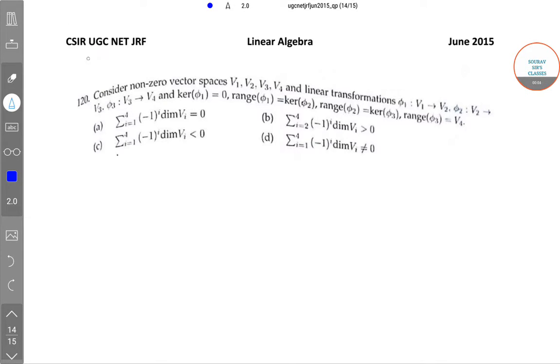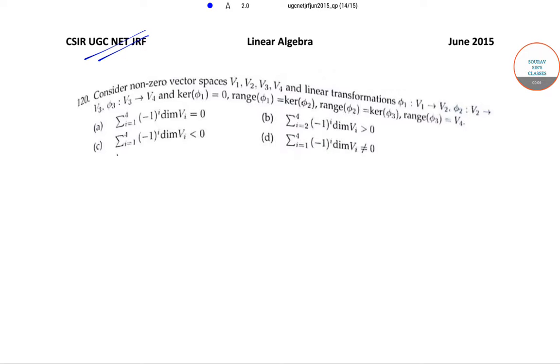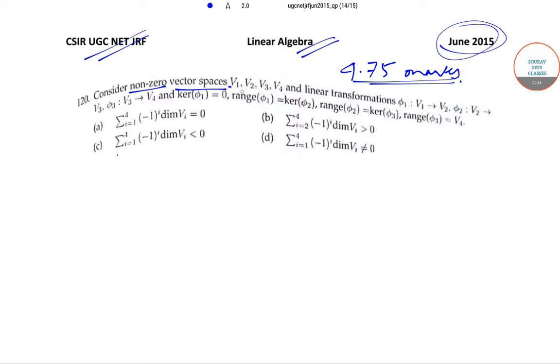Today we'll be solving the CSIR UGC NET JRF questions from the June 2015 paper. We'll be solving the linear algebra questions today. The question that we'll be solving carried 4.75 marks in the paper. So let's begin. Now if we consider the non-zero vector spaces v1, v2, v3, v4 and the linear transformations